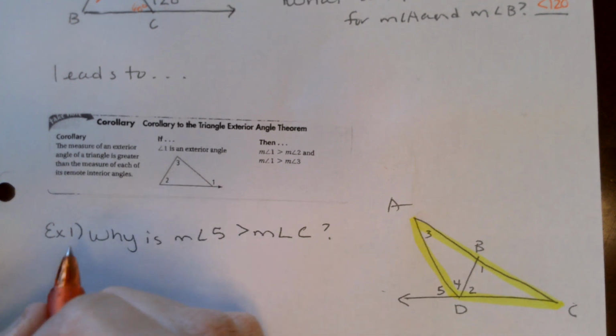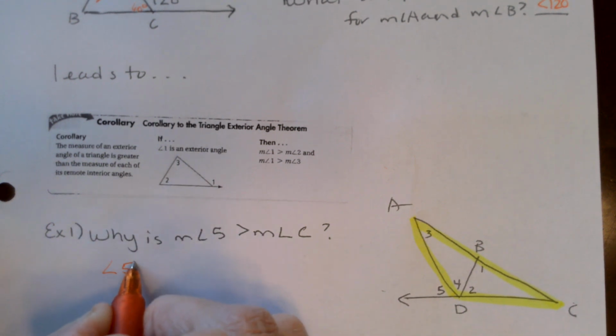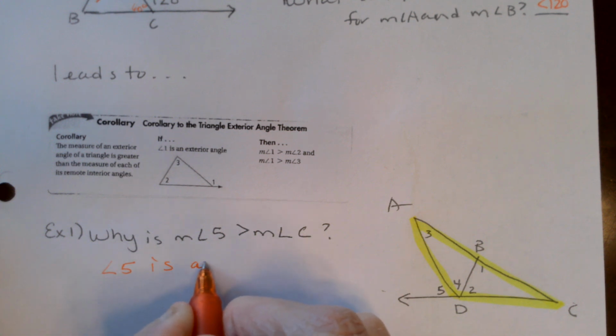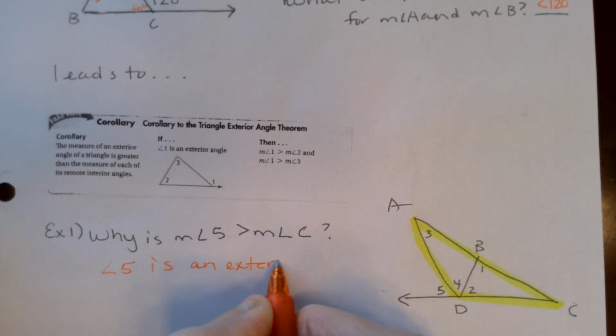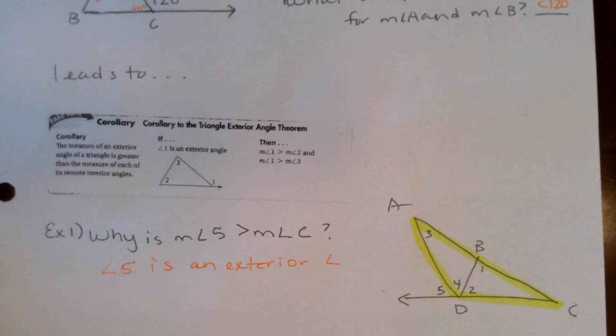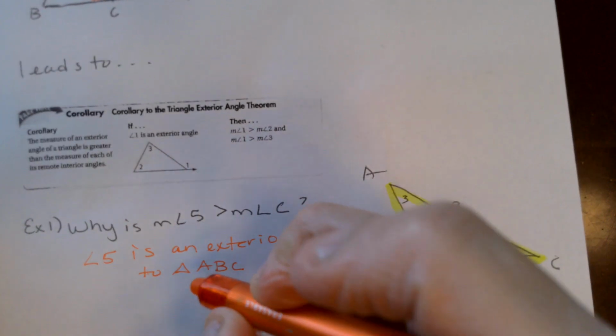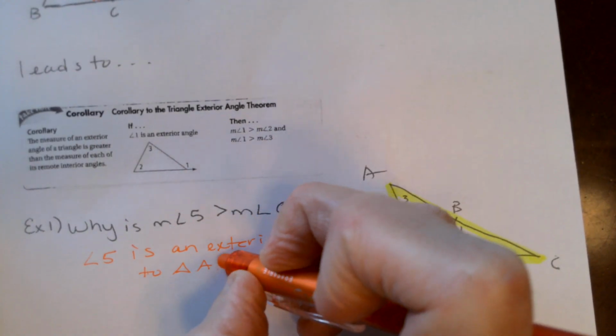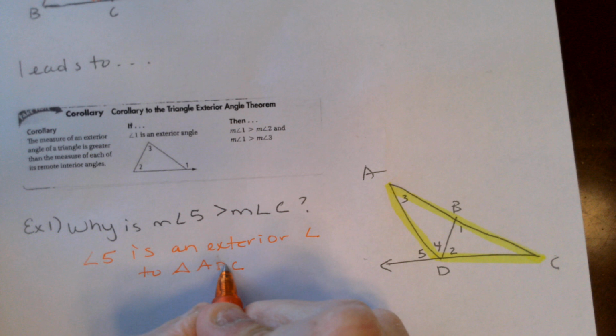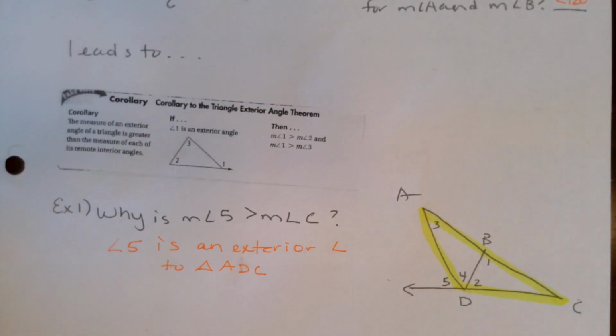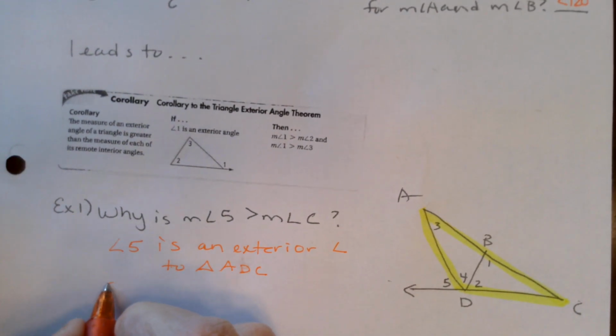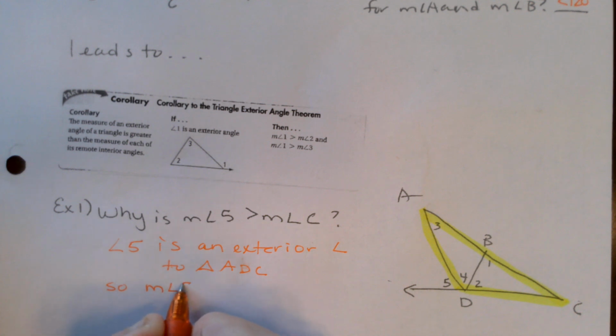So angle 5, I'm just writing this out because I'm not there, in case you missed something, is an exterior angle to triangle ADC. Why did I write B when I said D? And so, measure of angle 5 is greater than measure of angle C